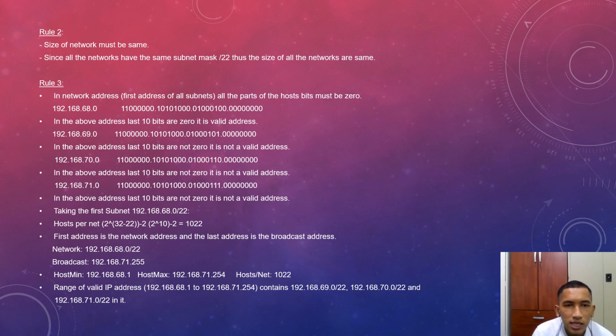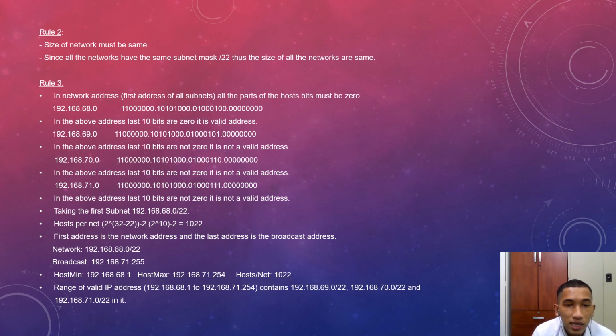In the above address the last 10 bits are 0, so it is a valid address. In the above address the last 10 bits are not 0, so it is not a valid address. This is the same for the other addresses with non-zero host bits. Taking the first subnet 192.168.68.0/22, the host per subnet answer is